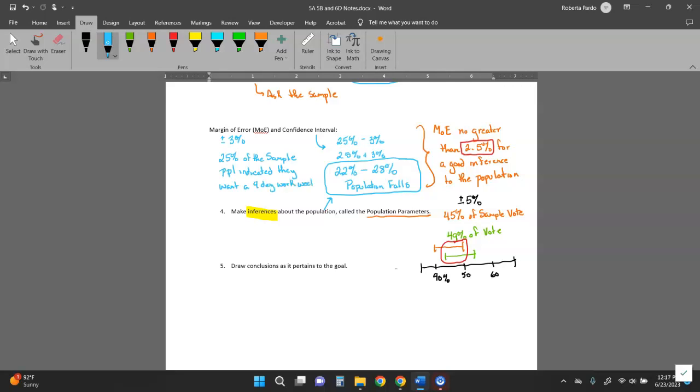Let's say that's what we were talking about. So now the population parameter, the statement that we need to write here, is a generic statement. It's always going to be the same statement: with 95% confidence,